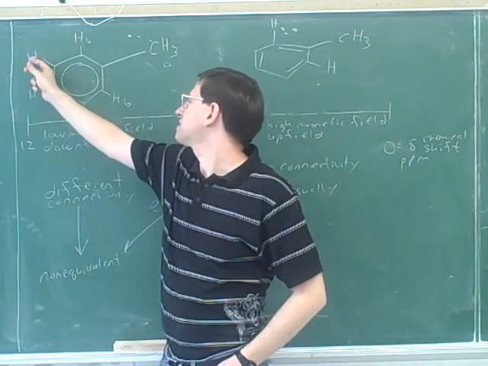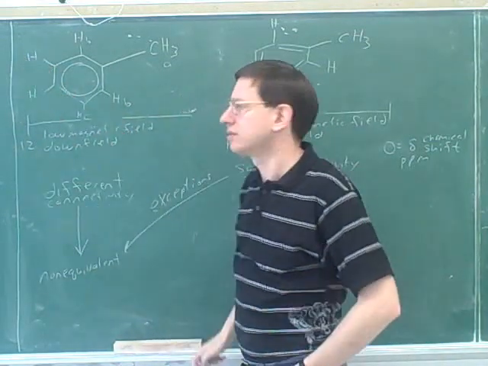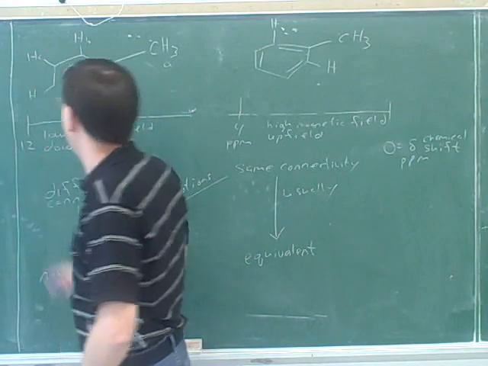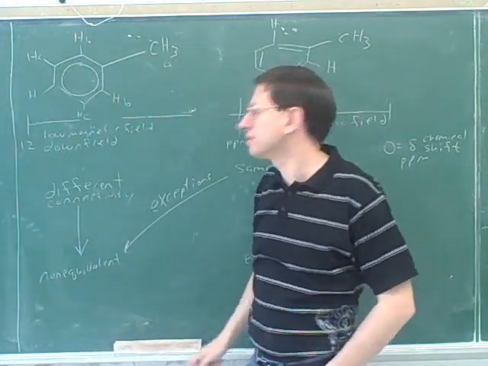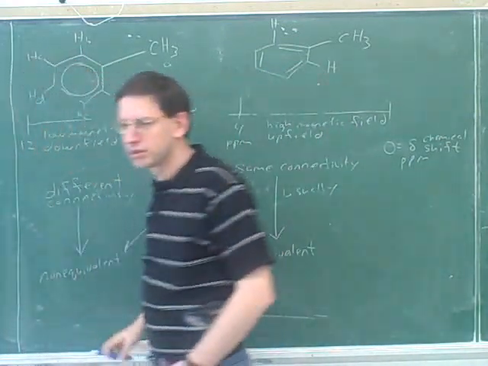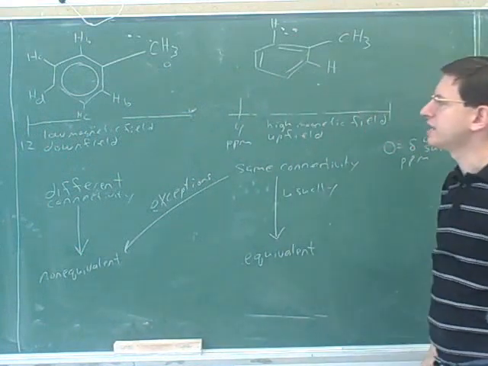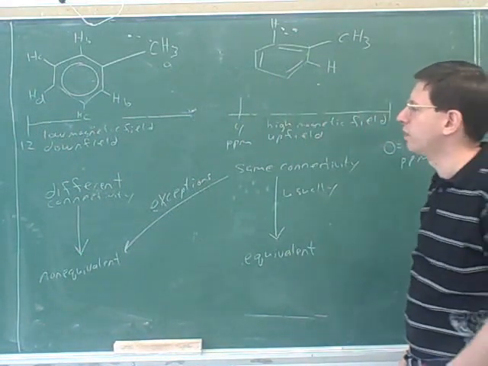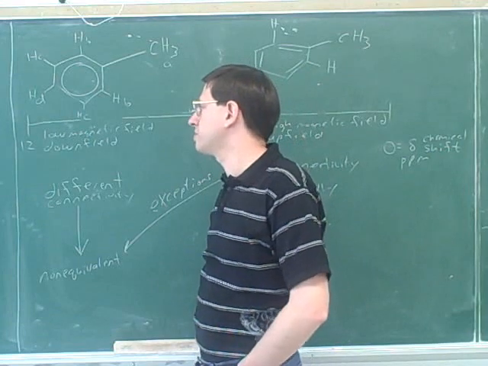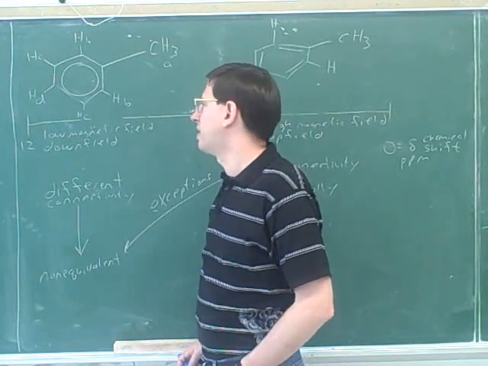How about this? Should this be C, or should it be a new letter D? C. That's right. Those are equivalent. And how about this? D. Okay. And how many peaks do we get total then? 4. So the lesson here is that the best way to draw benzene for proton NMR is with a